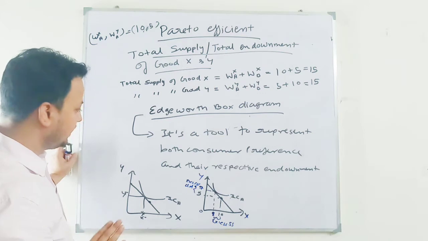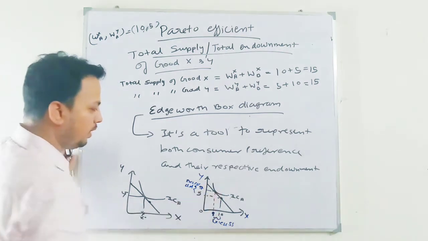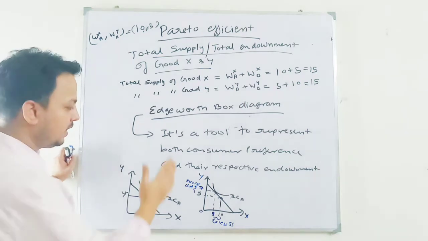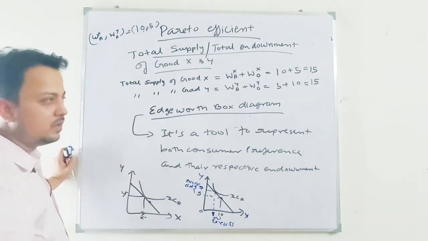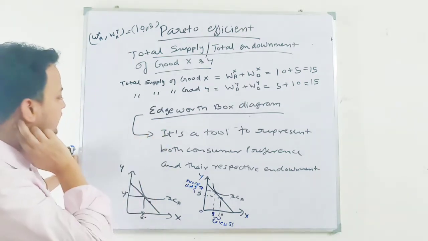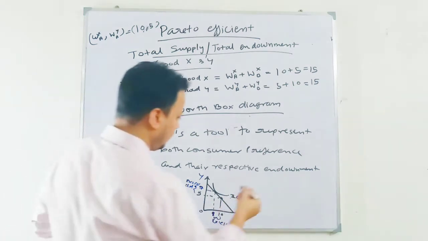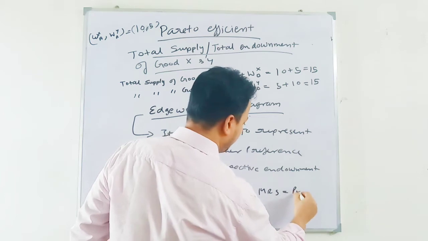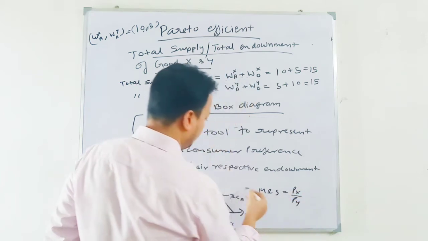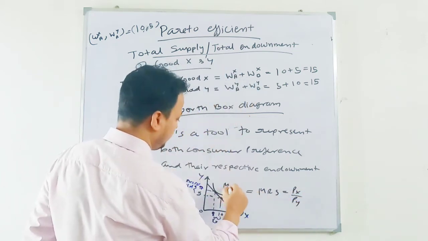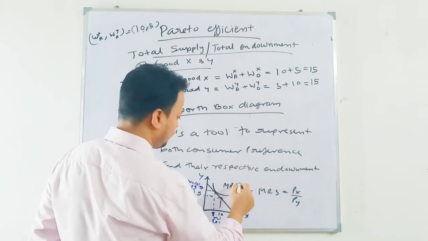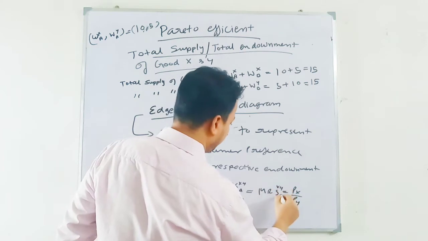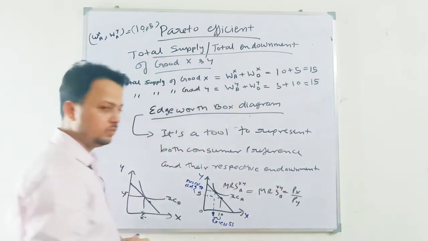So what we are saying is that your endowment point will be in the Edgeworth box, and there will be an adjustment in the price line. In the exchange economy you will achieve equilibrium. Like in consumer theory, the marginal rate of substitution equals price of X over price of Y. In this exchange economy, the marginal rate of substitution of goods X and Y for consumer A equals that for consumer B, which equals the price ratio.